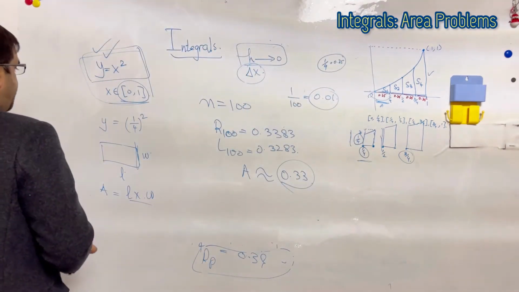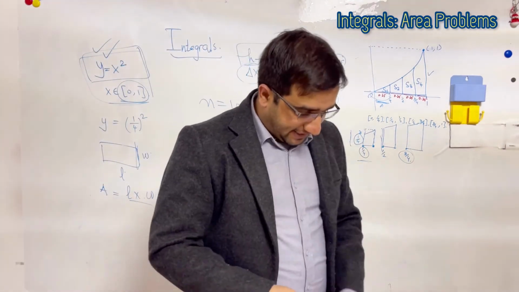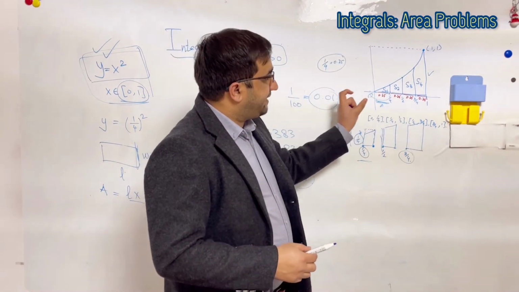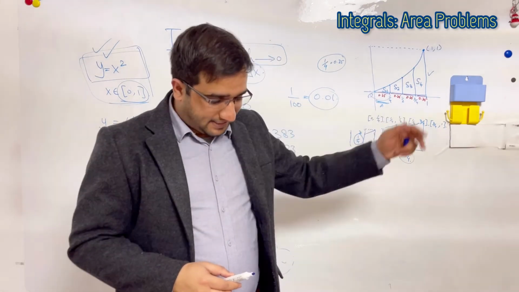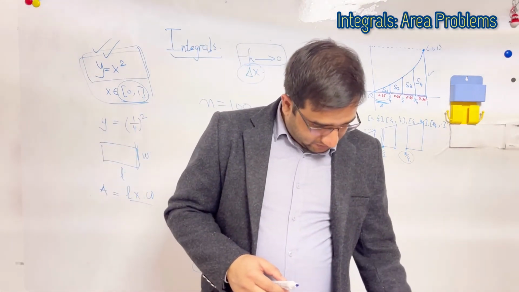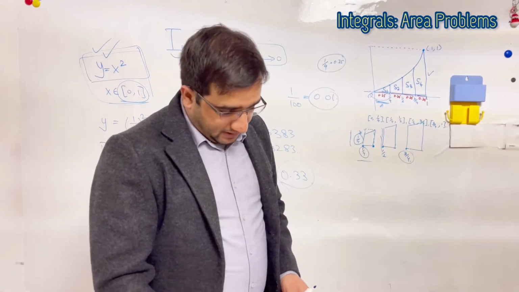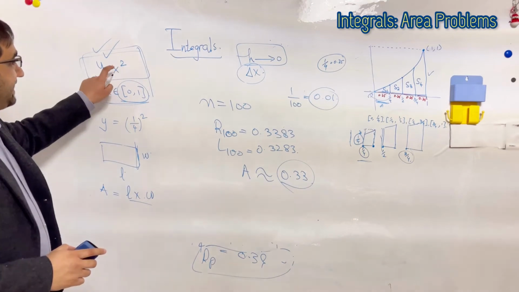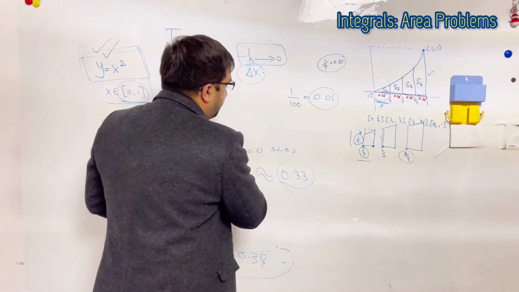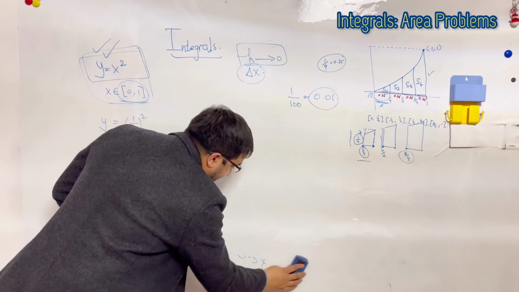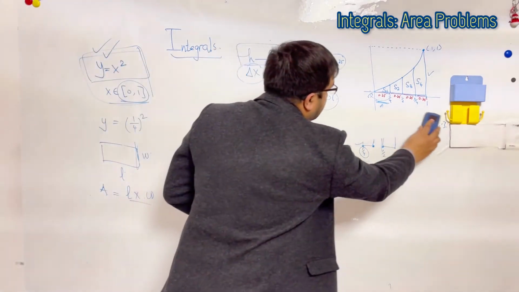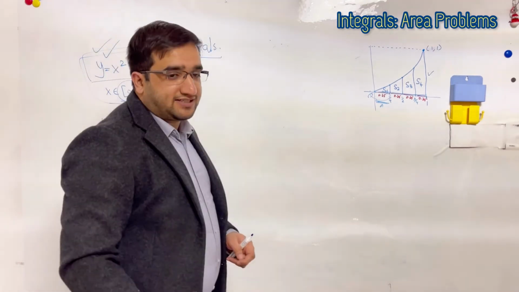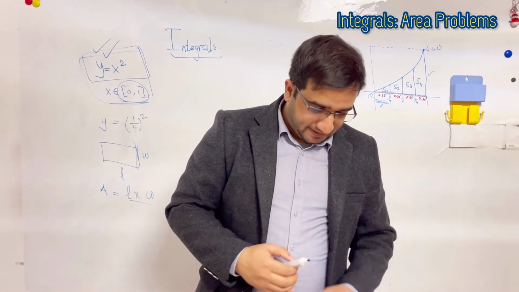So that's the procedure from left and right. The important thing is to understand what is happening from left to right, and the sides were important. Now let us generalize the rule to calculate the area. When we say that if I divide this whole region into n intervals, I do not fix the